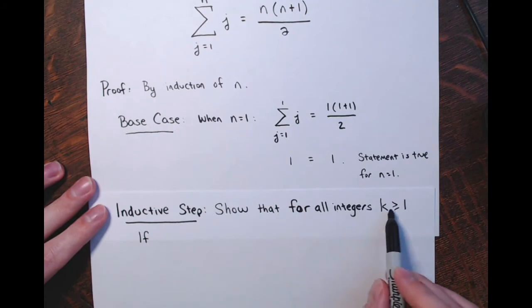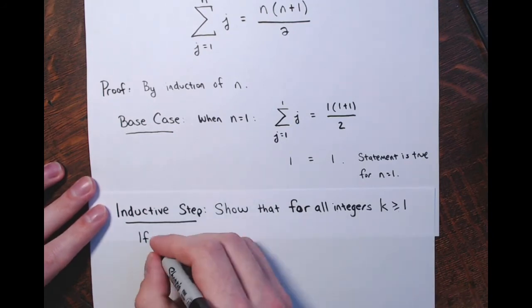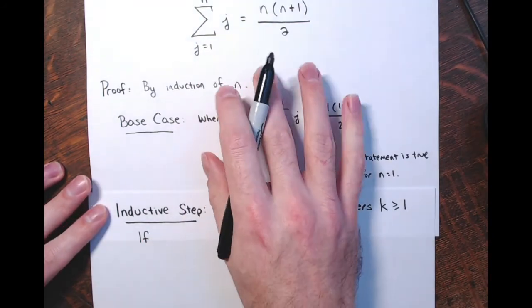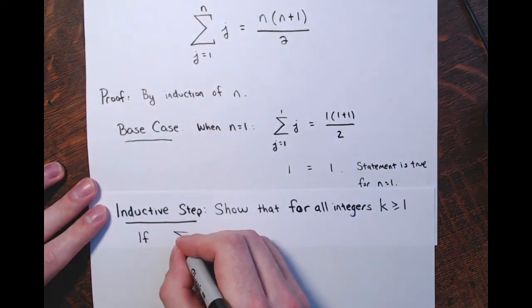Show that for all positive integers k, if this statement is true for k,